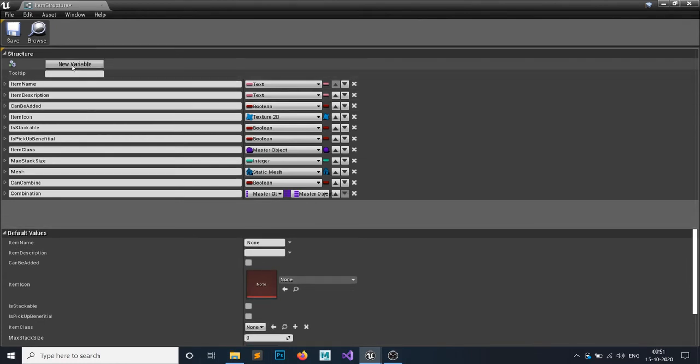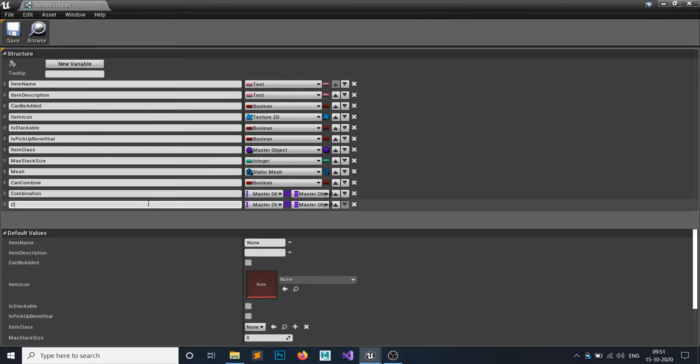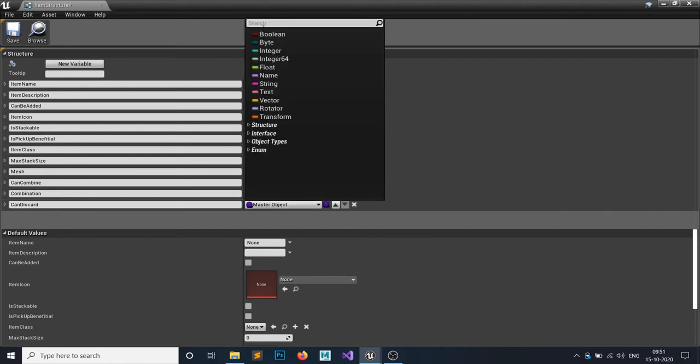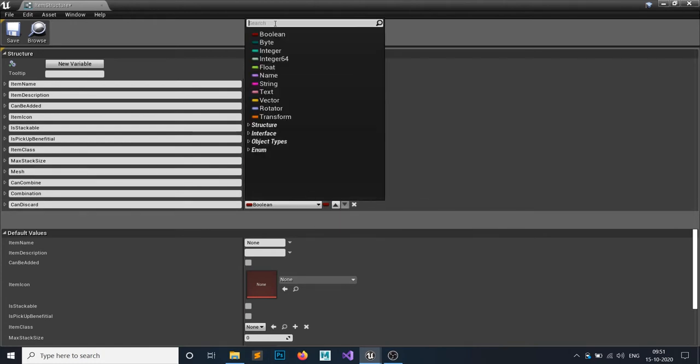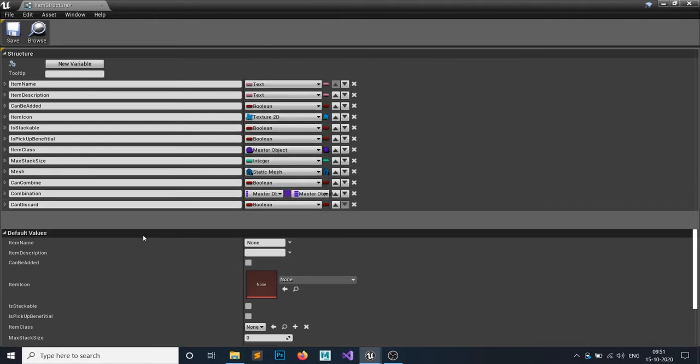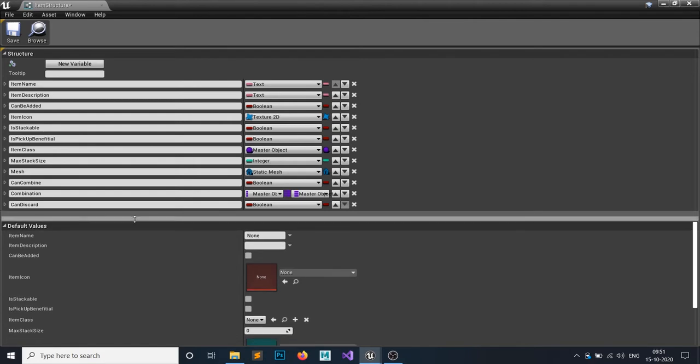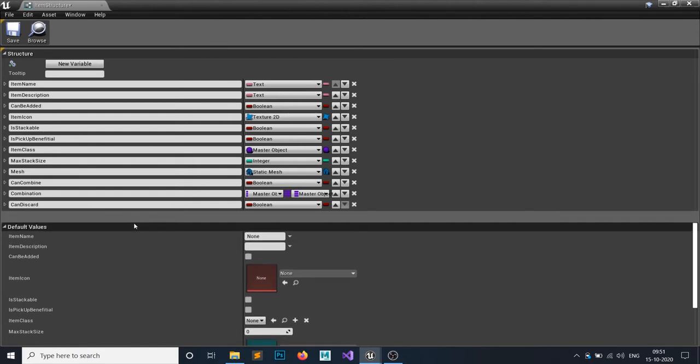The third variable we want to add is can discard. This would be a boolean and the type would be a single variable. So click on this to add a single variable, boolean. So what is can discard? If you added an item to your inventory, then you can discard it or not, because there are some items, let's say a special item that can be used in your quest.